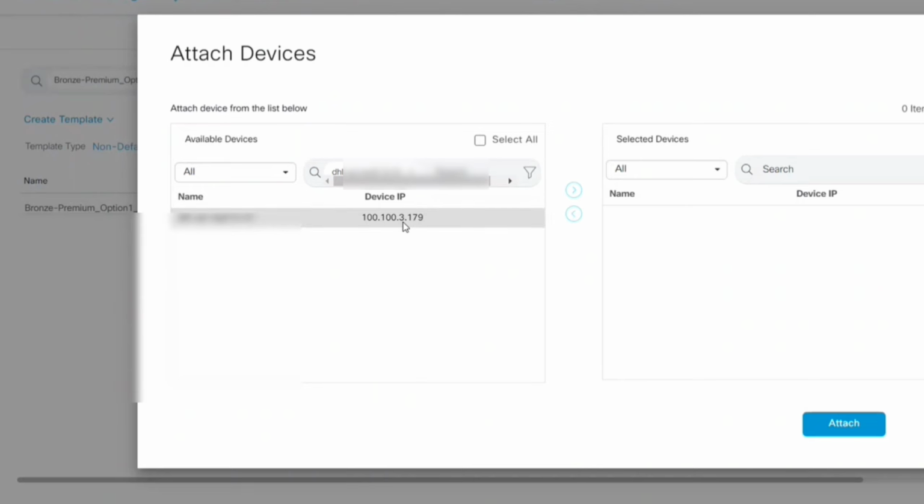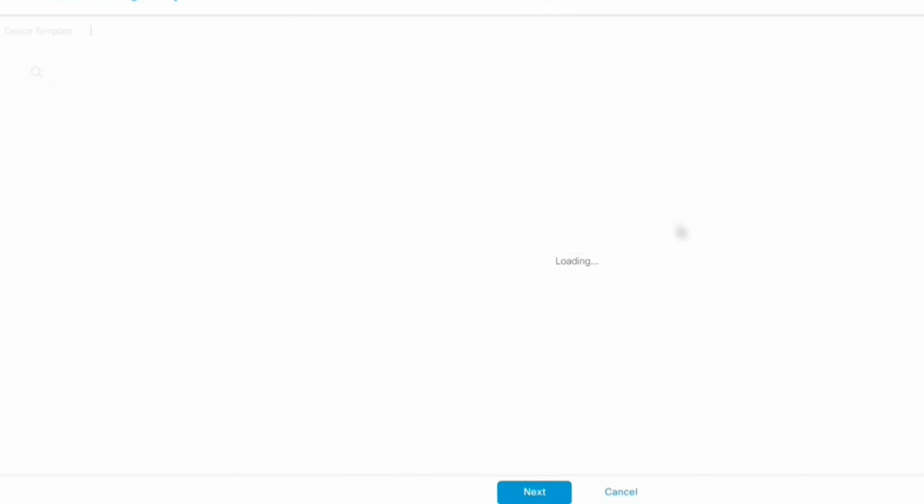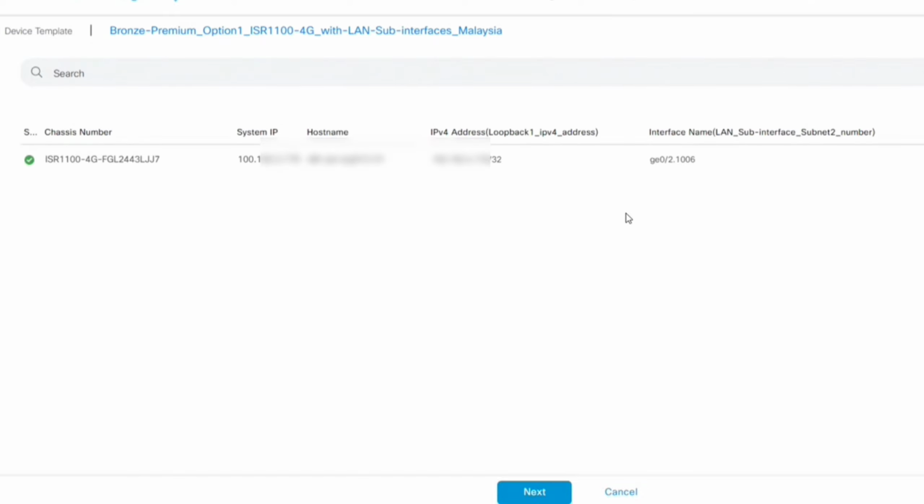Enter. Now earlier when we were trying to detach it, it was not showing us because the device itself was already attached to this template. But now you can see it's giving the chance because it means it is not attached. So you can select it, swap it here, attach it, and it will again go through the same process. Here it will give you an extra bit of things which you can confirm before attaching this device to the